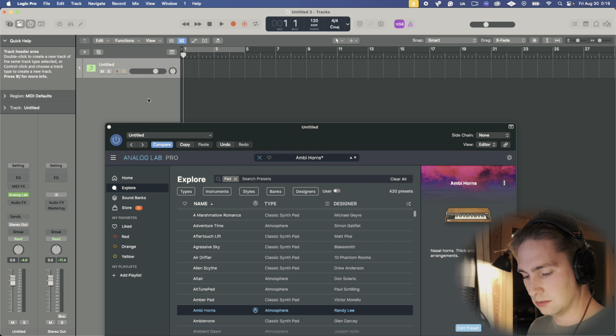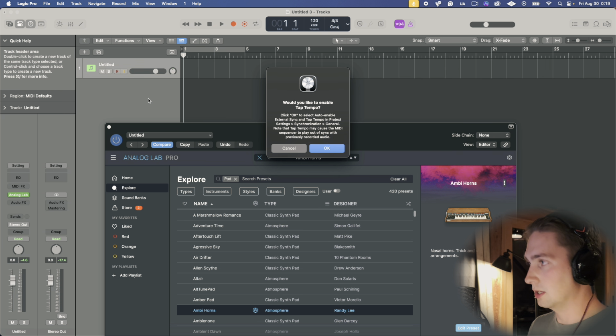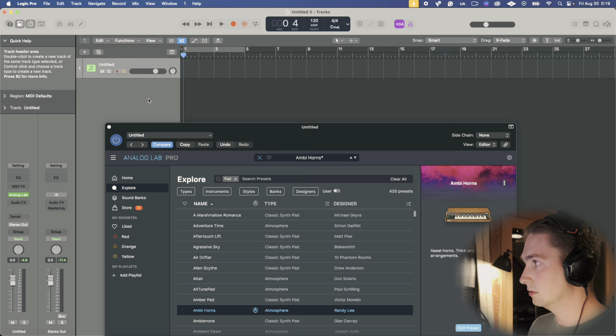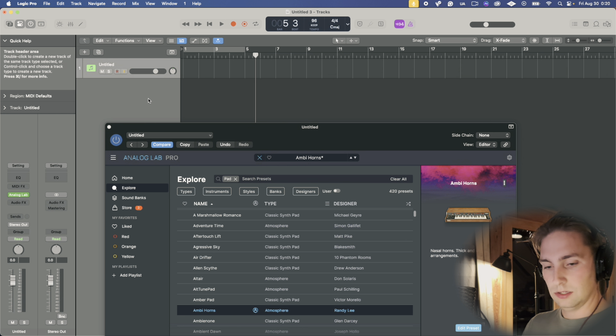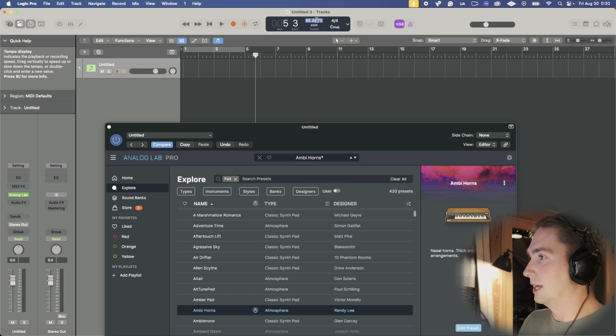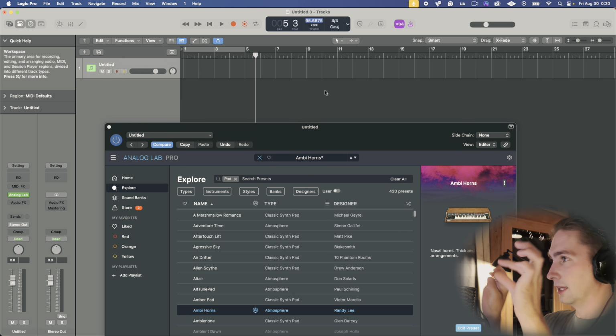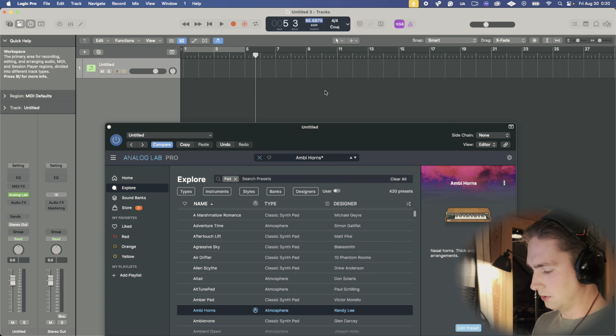And then it's going to ask if you want to do tap tempo. Yes, I do. Okay, so that looked like it averaged around 90. It'll give you this weird, exact readout to the decimal point. Of course, we don't want that. So let's go with 90 BPM. I'll figure out the key.